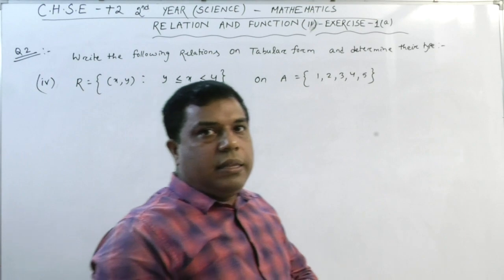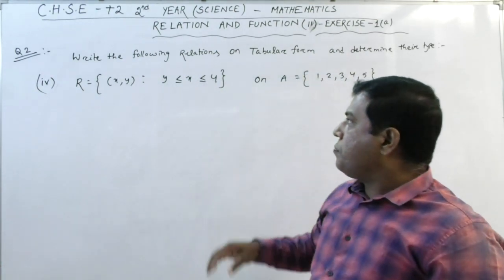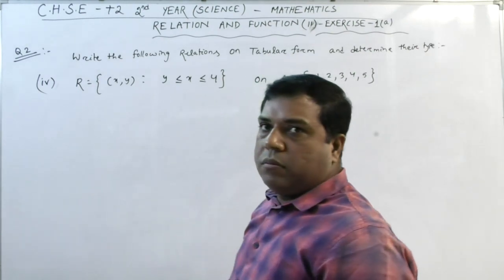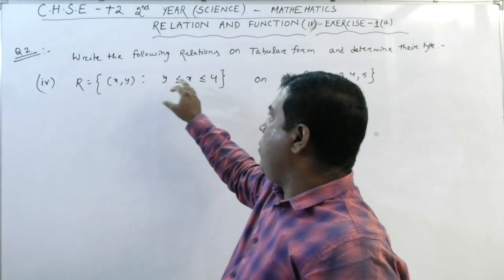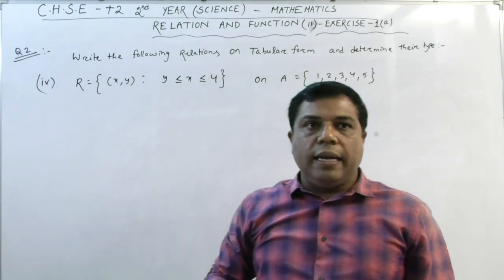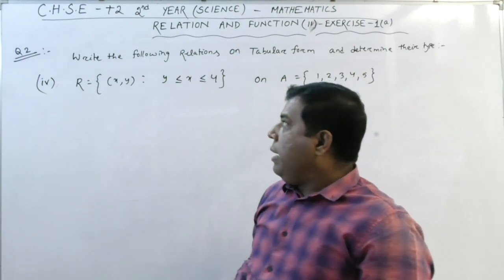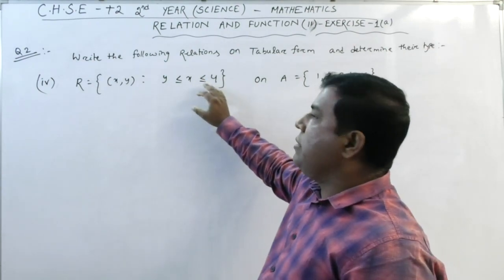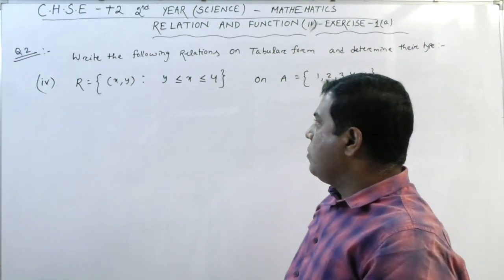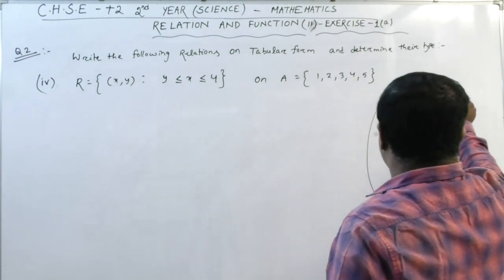So you see, in this way the relation is defined as containing those ordered pairs x and y, where x is greater than or equal to y. So the value of x is larger as compared to y, or it may be equal to y, and both x and y are less than or equal to 4. That means x can extend up to 4. Okay. Again, I can show it in a pictorial mode.